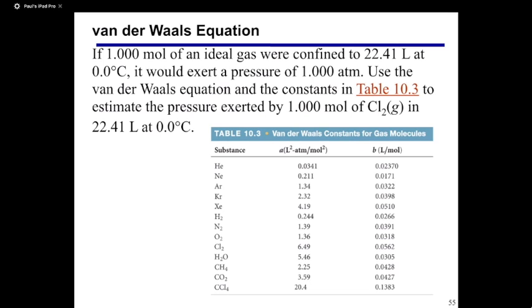All right, that is the end of the lecture material. Let's take a look real quick